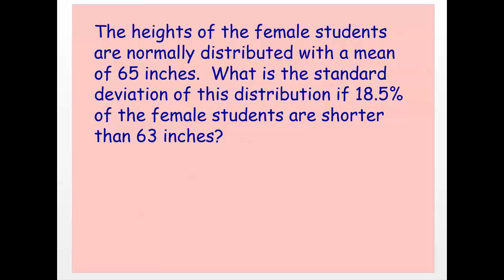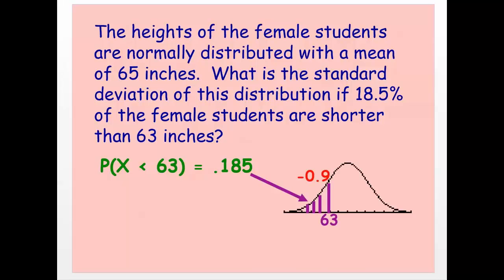Okay, so we're going to go through our four-step process, and we'll fill in the blanks as we go here. So first up is to figure out a probability statement, so if our observation is less than 63, the probability of this happening is 0.185. So far so good. I just don't know the standard deviation. But next up is to draw a picture,